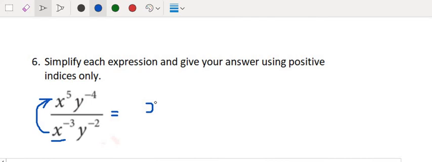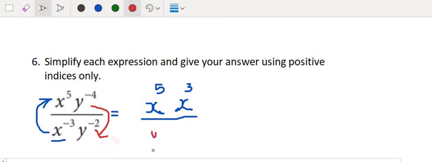So we can write it as x power 5 into x power 3. Okay, and we move this value, that is y power minus 3, to the denominator, which changes to positive from negative. So we have y power 4 now,